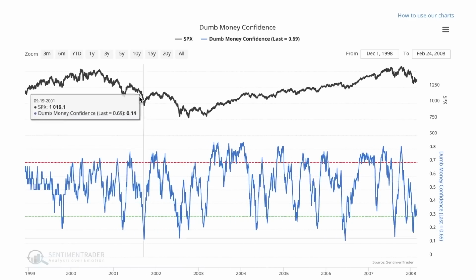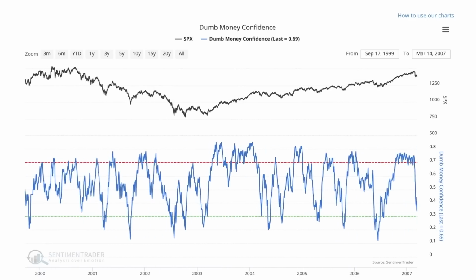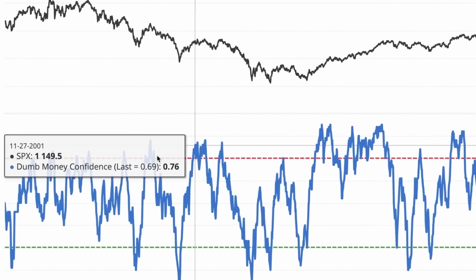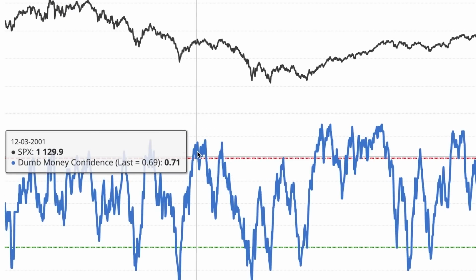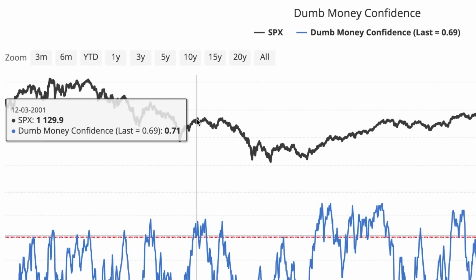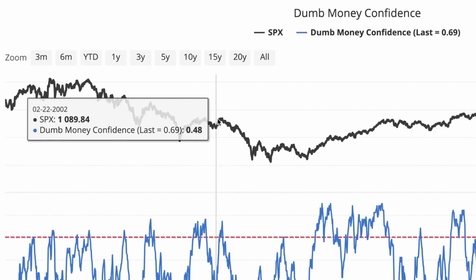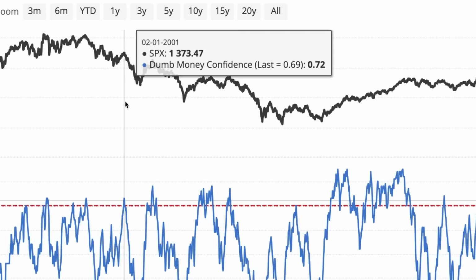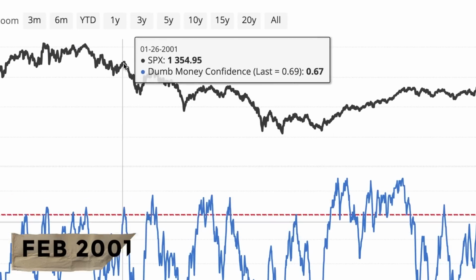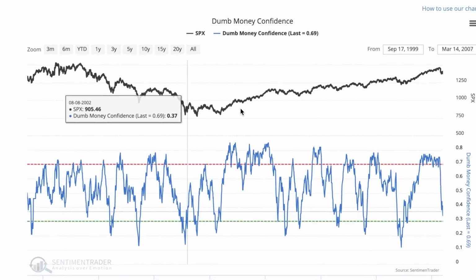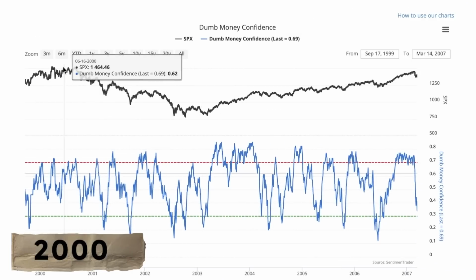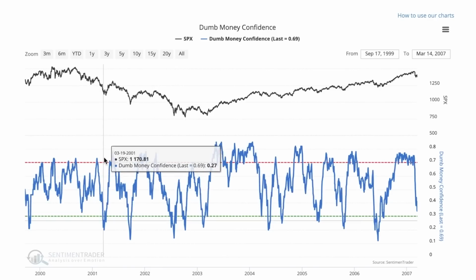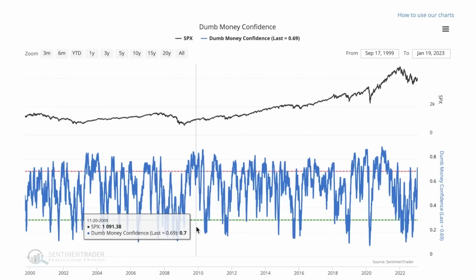But look at the behavior during a bear market, for example the 2000 bear market. With these dumb money spikes, every time it went above the red line, look at what happens to the market. That's a beautiful top right there. Here again, you can see a spike in the dumb money in December of 2001. Look at where the market is. As you have that spike, it's topping out and it begins to roll over and plunge down into the next leg of the bear market. In the months ahead, you had another one here in February of 2001, a spike above the red line and a peak in the market. So during a bear market like the 2000 bear market, a very prolonged bear market where the markets just ground lower and lower for a period of 3 years, in that type of environment, dumb money spiking is a sell signal.